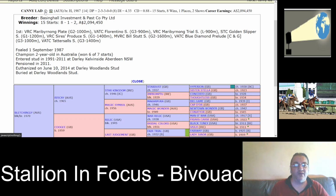He also won the Florentino Stakes, Group 3, the Murray Bannon Trial listed race, Group 1 Golden Slipper winner, Group 1 Sires' Produce Stakes winner, winner of the Stakes as well, Group 2, winner of the Group 3 Blue Diamond Prelude as well, and the VATC Tattersall's Stakes, Group 3. What a magnificent horse. It's fair to say it was. At 2, Canny Lad. Unfortunately, he died a while back, so he's not really on the radar in sight